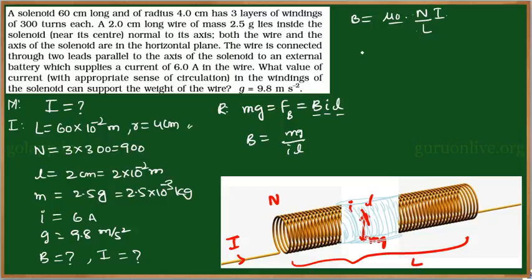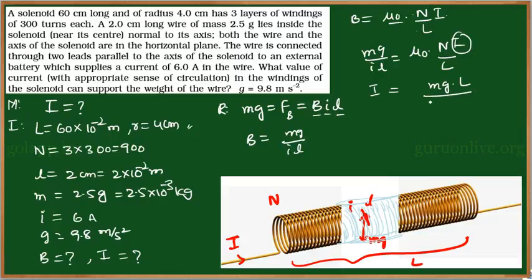So if we substitute the value, mg by IL is equal to mu naught N I by L, we need to find out I. So figure out that expression. I is equal to mg into L by IL into mu naught into N. So now substitute the values. I is equal to M is 2.5 into 10 to the power of minus 3, g is 9.8, into L is 60 into 10 to the power of minus 2, divided by